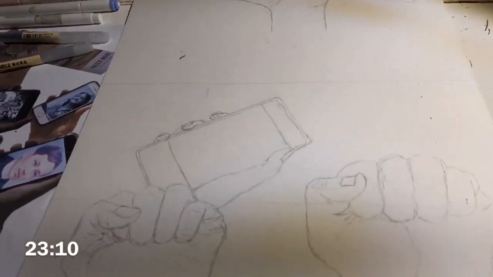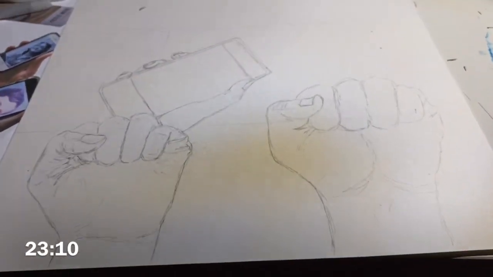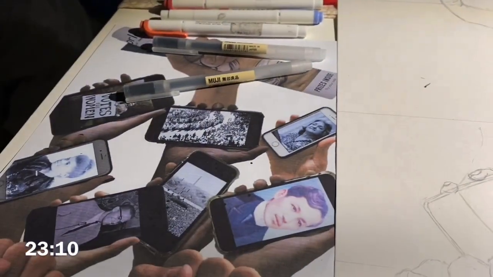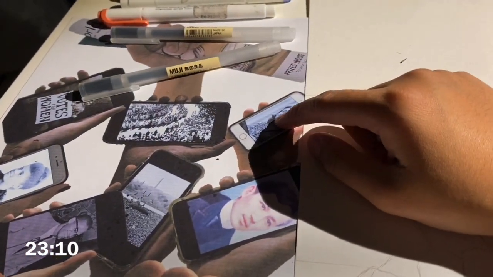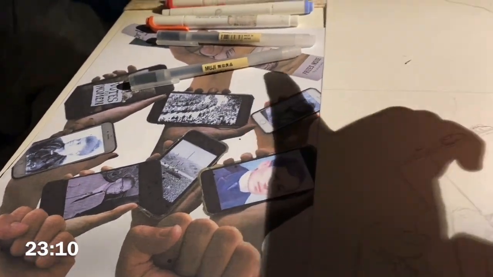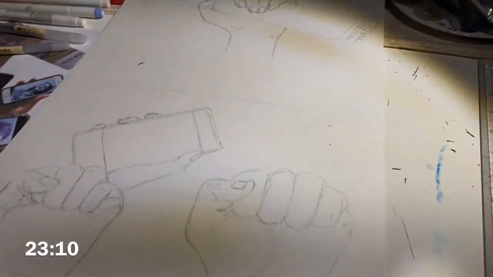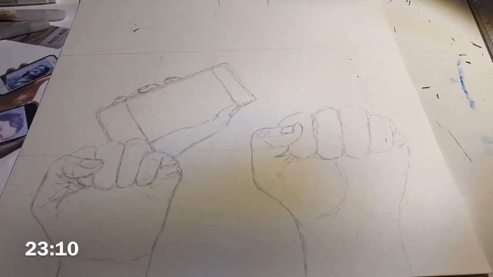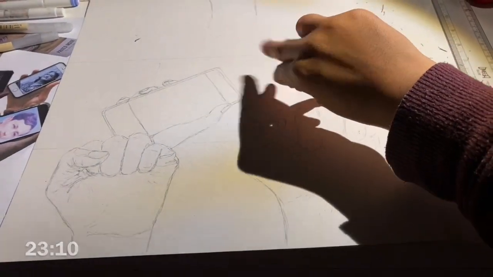So I'm finally done with the last layer, and then I'll just build up, because I realize if I do this layer first, it's gonna be a problem with these two. So I'm gonna work upwards now instead of down. So this is what I got so far. I'm about to pass out, so I'm gonna continue tomorrow. Bye.